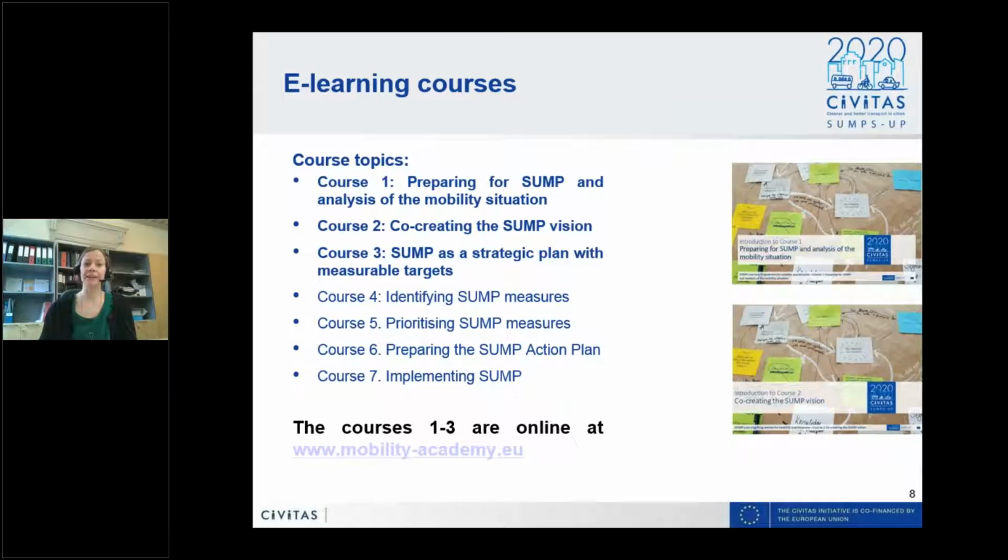So the first 3 courses have now been launched, and they are focusing on the first stages of the SUMP cycle. So preparing for the SUMP and analyzing the mobility situation, then creating the SUMP vision in cooperation with different stakeholders, and then how to set up SUMP as a strategic plan and select the right targets for the plan, and also targets that you can then measure later on. And then soon, in the spring, we will launch the next 3 courses, the course 4, 5, and 6,